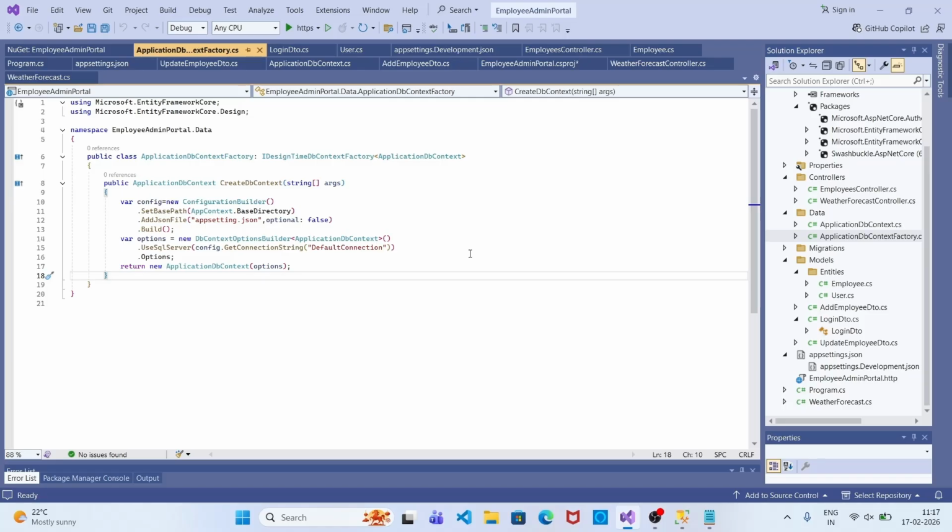So, EF Core needs a way to manually create DbContext. This is why we create DbContext factory. This is especially required when we are using minimal APIs, or when your DbContext is in another project or EF Core cannot detect your